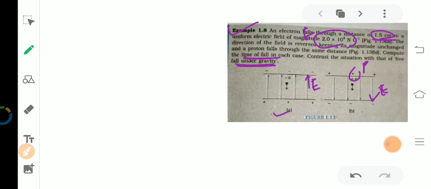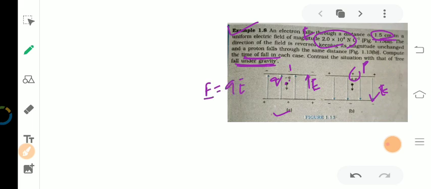So you know that whenever a charged particle is kept in an electric field, suppose the charged particle of charge Q is kept here, where the electron is present, then it experiences a force. Let us take only Q, the magnitude; plus or minus we will put later. The force experienced by the particle can be given as F is equal to Q into E.